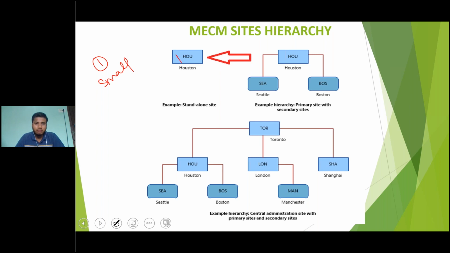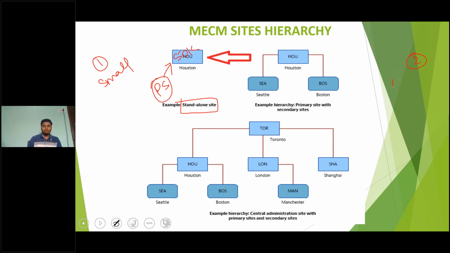So in a small size company, you have 50,000 devices. I will install one primary site server, and that will manage all these 50,000 devices. This is called a single standalone primary site server. It is a very rare kind of deployment, but in case you have an organization wherein you don't have any branch office, only one location, you go with this kind of deployment.